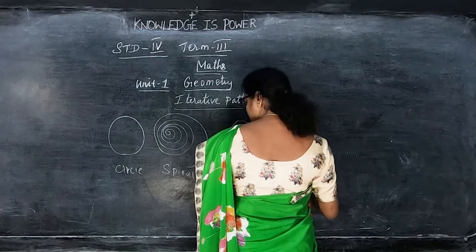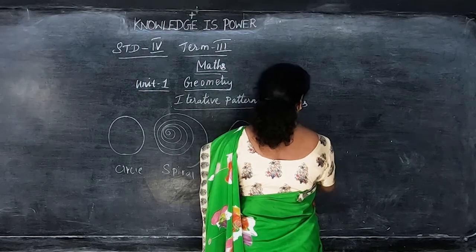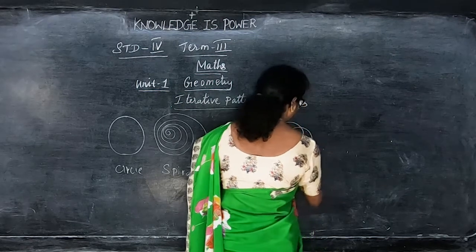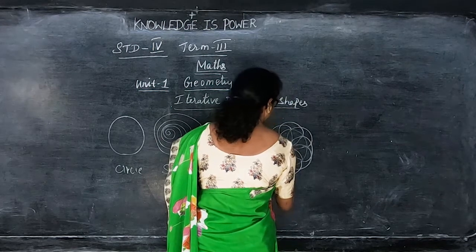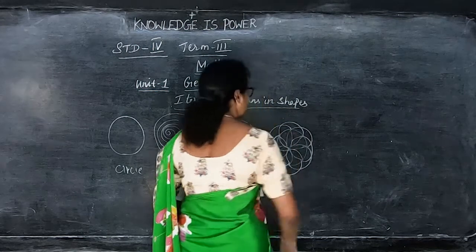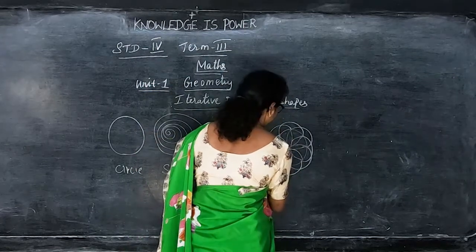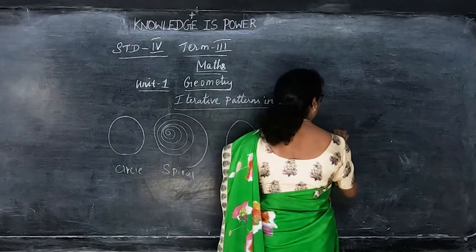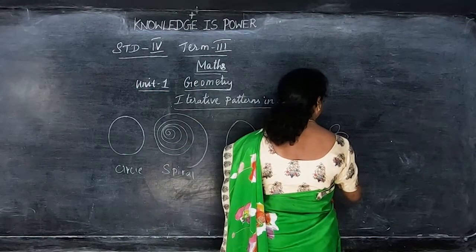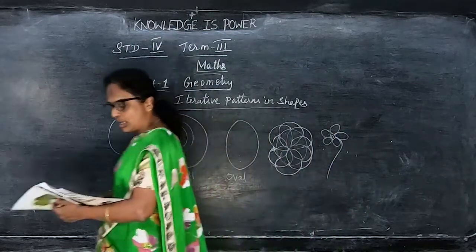So these are the patterns. In the circle, in the end, we can join, one join panni, we can draw a circle. So we can use the circles like this. Or else in a candy, then a flower. So the flower also will be like this. So these are the patterns. So how to draw this?